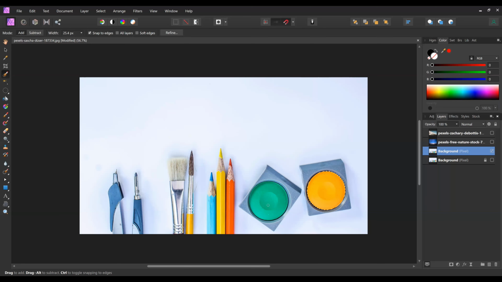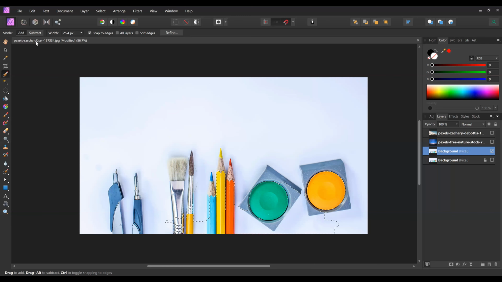Now, if I want to add here, add is selected. See what will happen if I click here. Now green is selected and I want to join them. See, my area is being added in that portion. Now I can increase my brush size, decrease my brush size, however I want. This way I can add it.